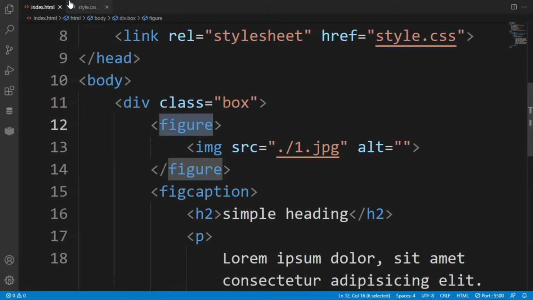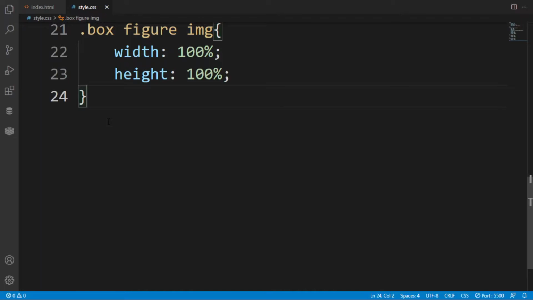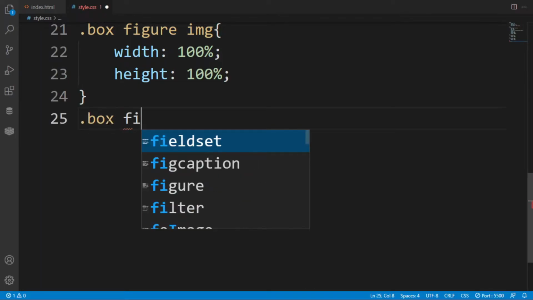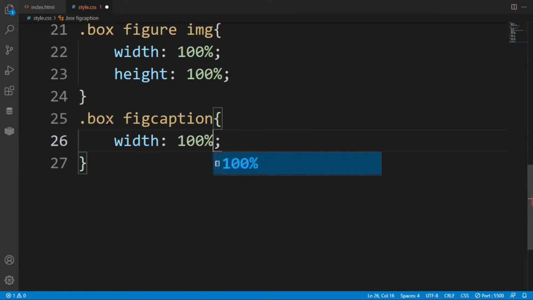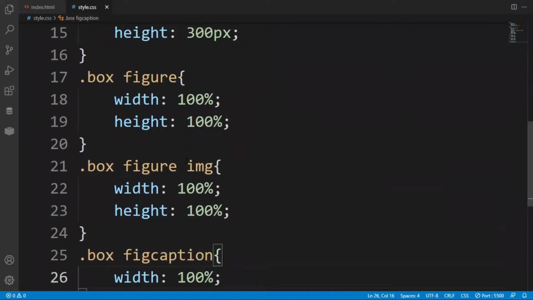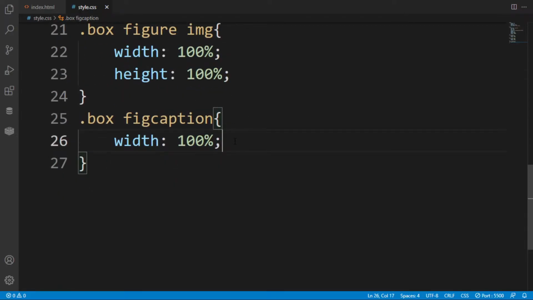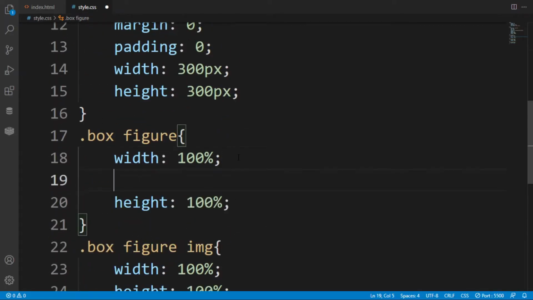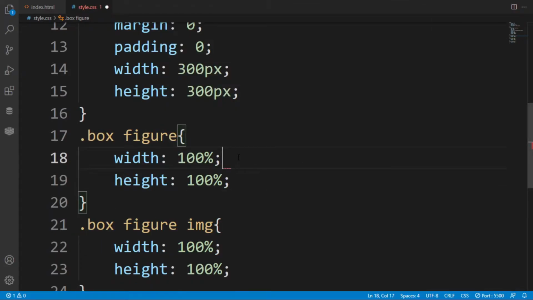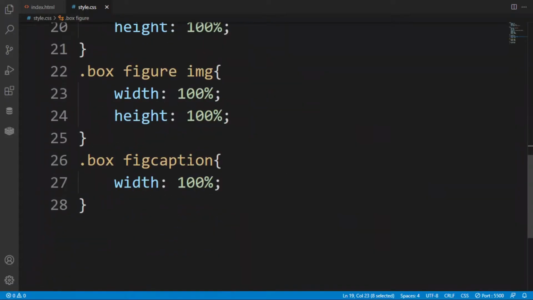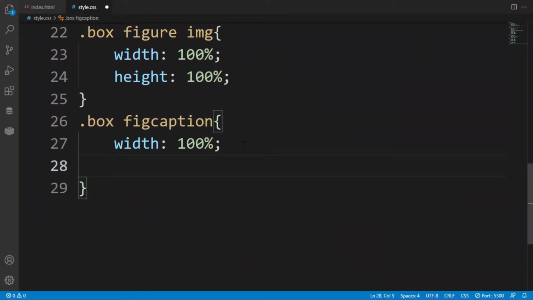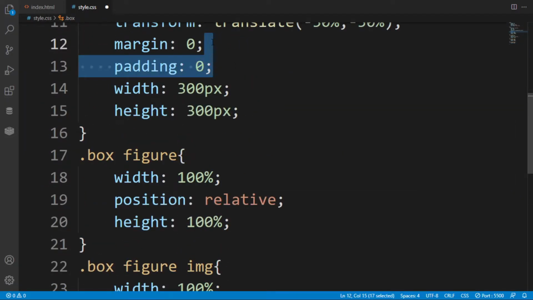We are going to now style the figure caption. Copy this class, here box and figcaption, and width is 100%. As you can see, there has been no change here. Now let me check whether there is an error done by me. Here I put position relative on the figure.